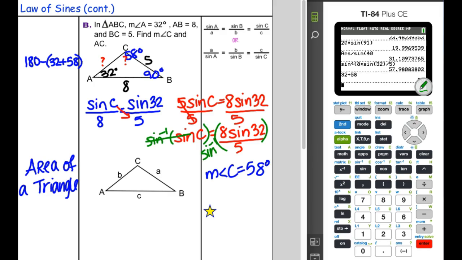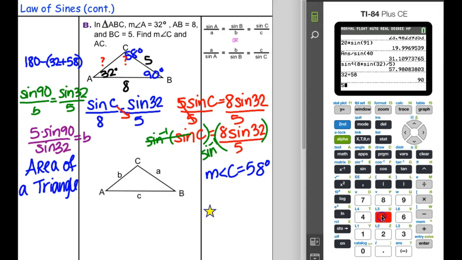So now we can say that the sine of 90 over b is equal to the sine of 32 over 5. So when we do our cross multiplication, we end up with 5 times the sine of 90, and we're going to divide it by the sine of 32 to get our b. We come back over here to the calculator. We take 5 times the sine of 90 divided by the sine of 32,